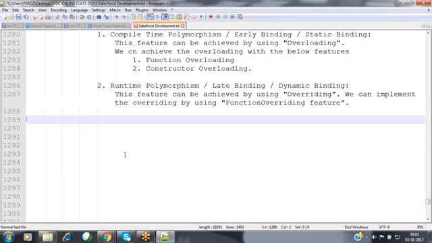Now, as we have discussed, when coming to object-oriented programming, each and every functionality has to be implemented in terms of classes as well as objects.